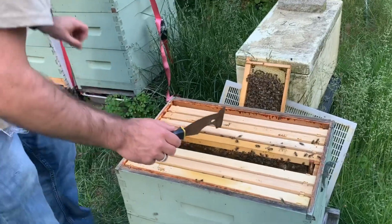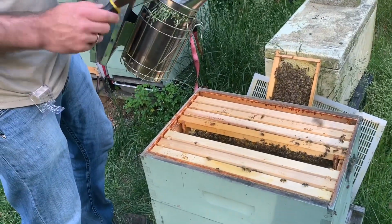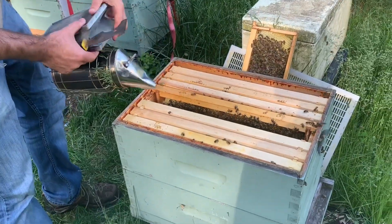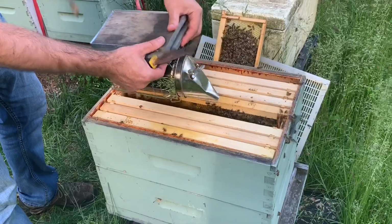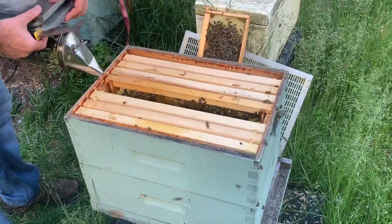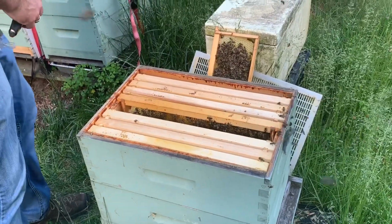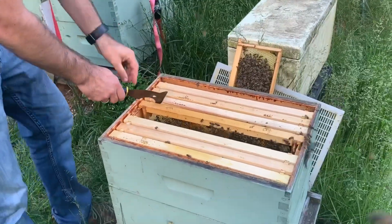I feel like I have bees crawling down my leg. Never ignore the smoker, because if you do, what'll happen is you get stung by a bee and you want to put a little smoke on that sting so the other bees don't come and attack in the same spot, and you'll find your smokers burn out. So occasionally you just come back over and give it a few puffs on the bellows